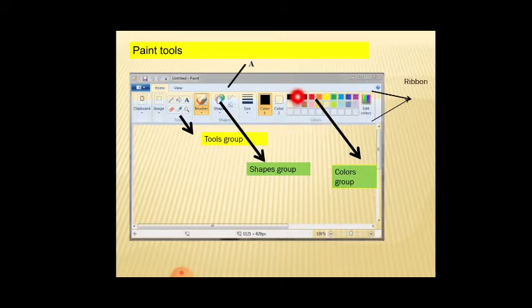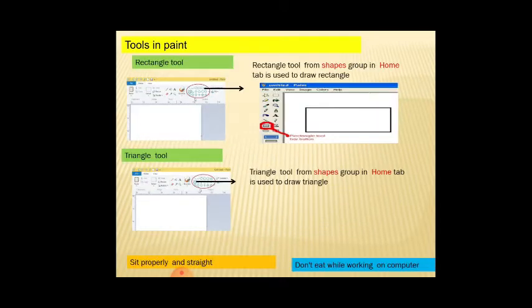That is called a group. All this forms a frame that is called the ribbon. So what is the ribbon? It contains the tools group, shapes group, colors group. It has the home tab, clipboard, image group. The total number of groups will form a ribbon.